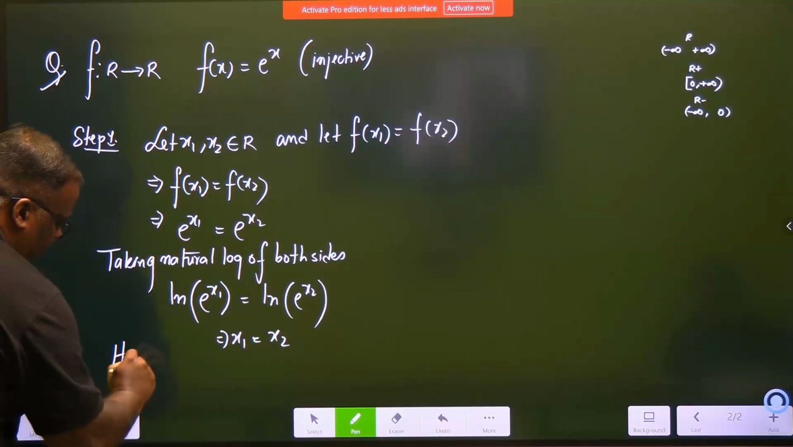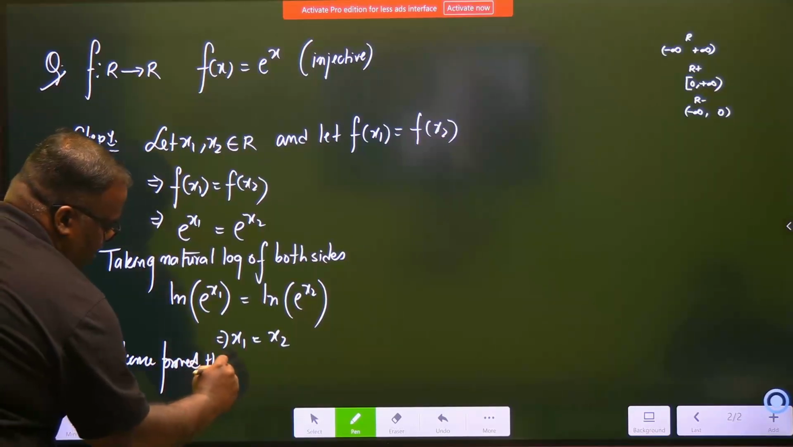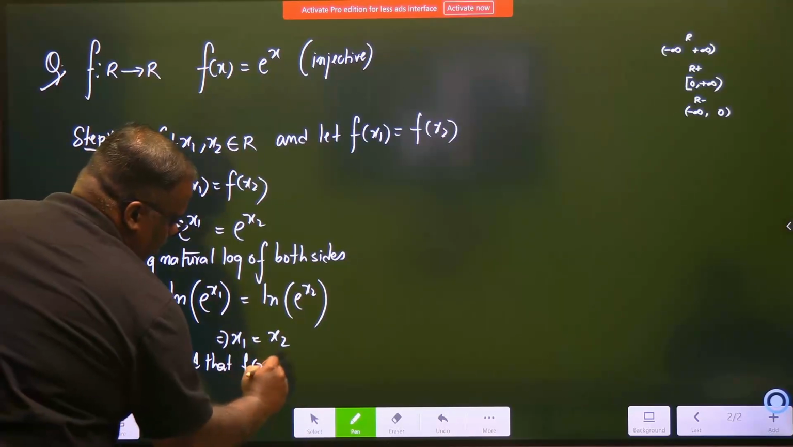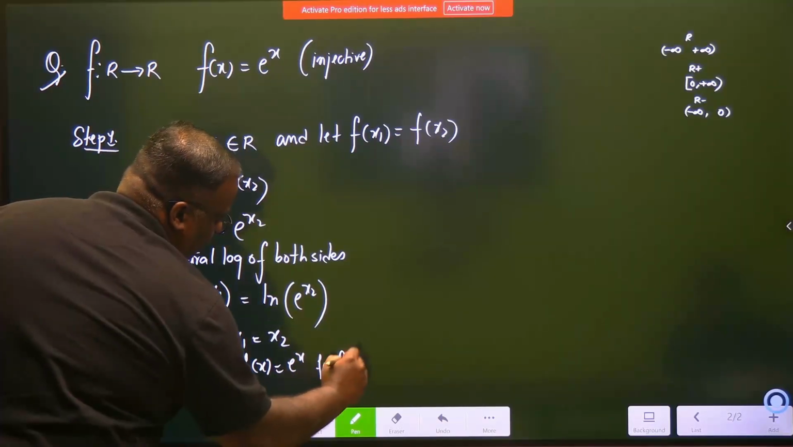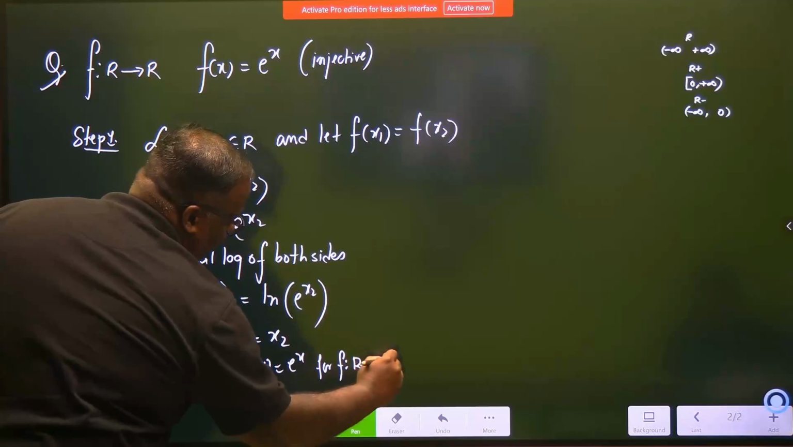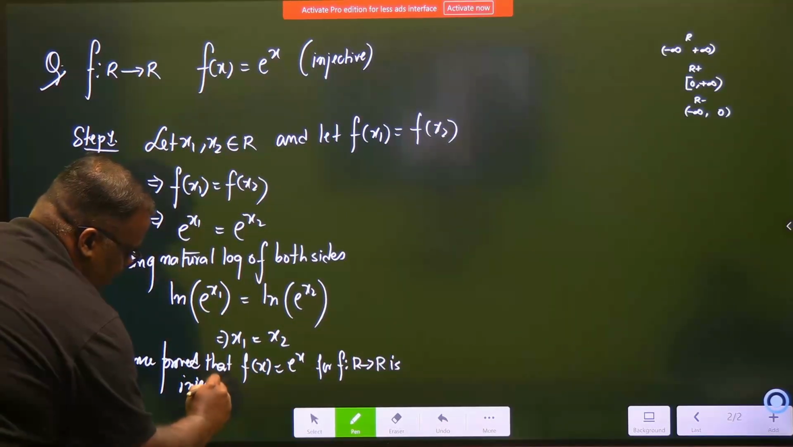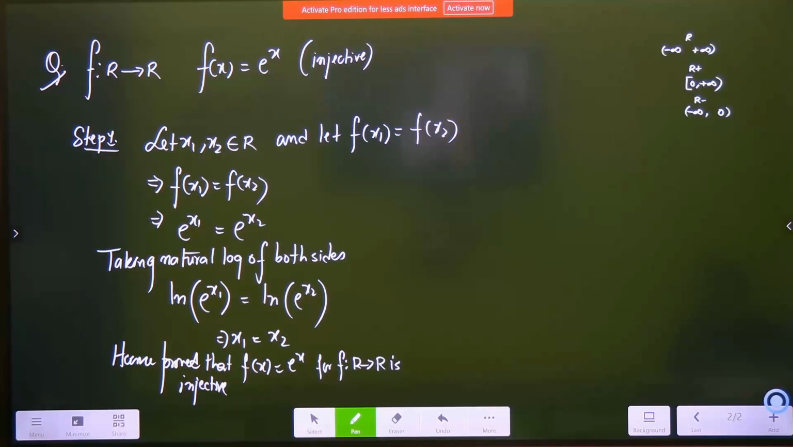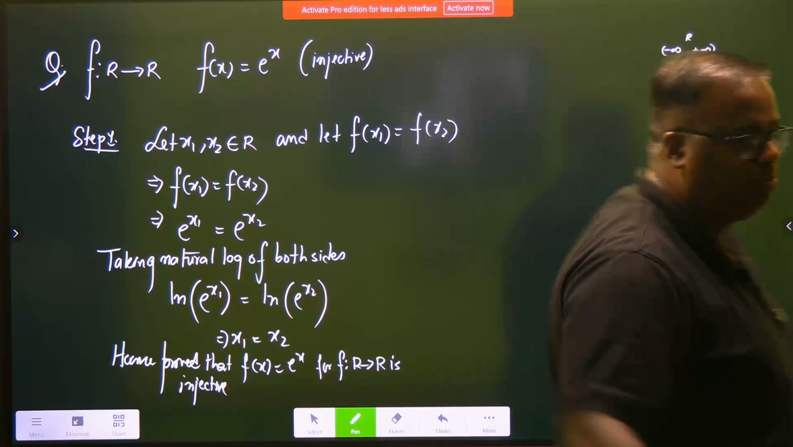Hence, proved that f of x equal to e to the power x for f mapping from R to R is injective. The more you practice injective and onto, it becomes easy, because in bijection we have to prove both the categories,